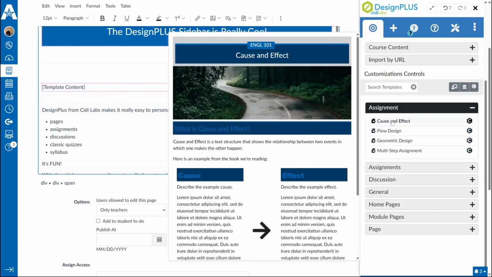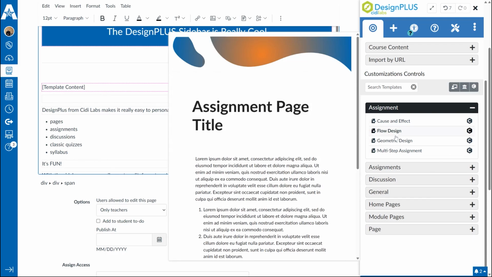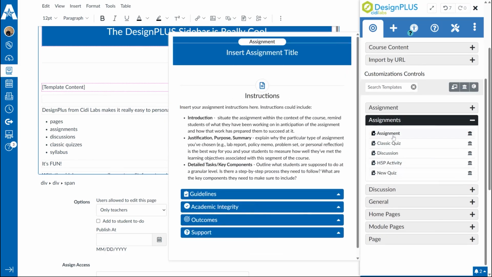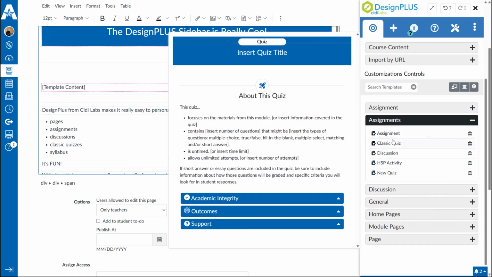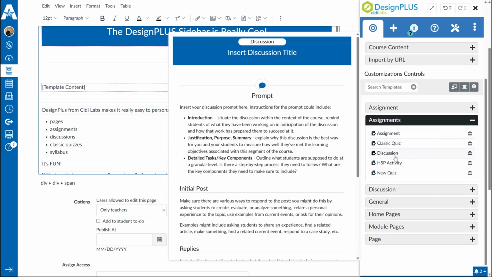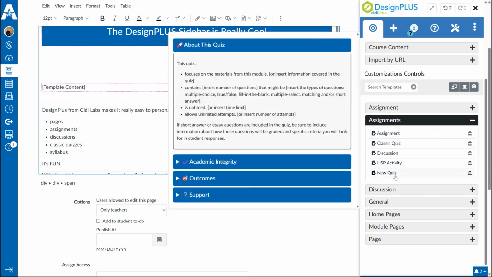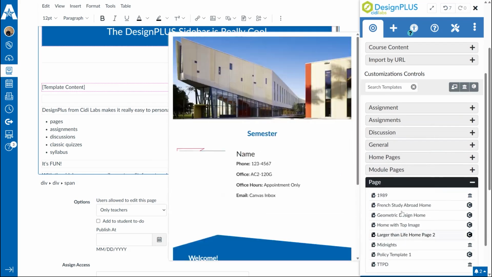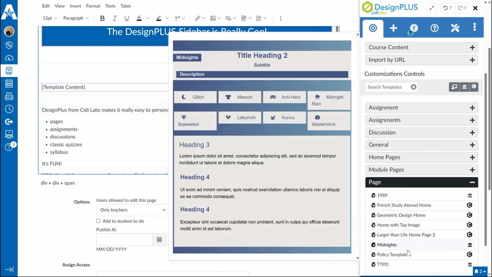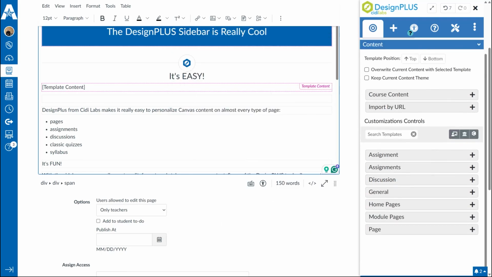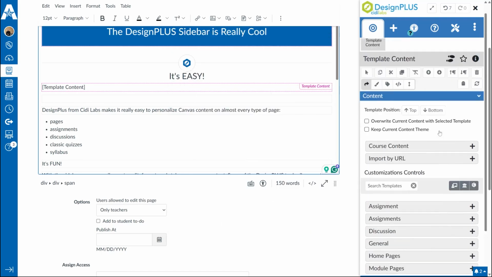If you wanted some assignment pages, we have some ideas for you here. And then these are the ones that are included in the template under assignments. So we have the assignment, the classic quiz discussion, the H5P activity, and then the quizzes. We also have some other template pages that you can play around with and use if you want. But if you're looking for just maybe a little bit